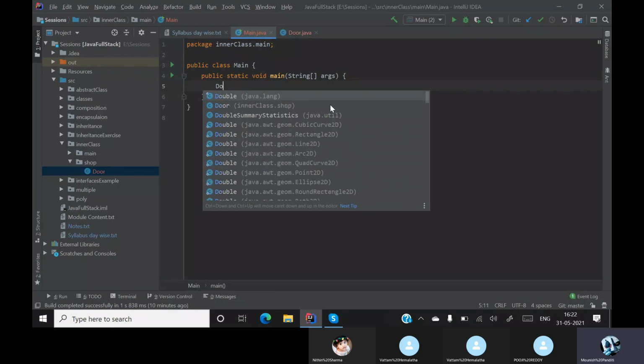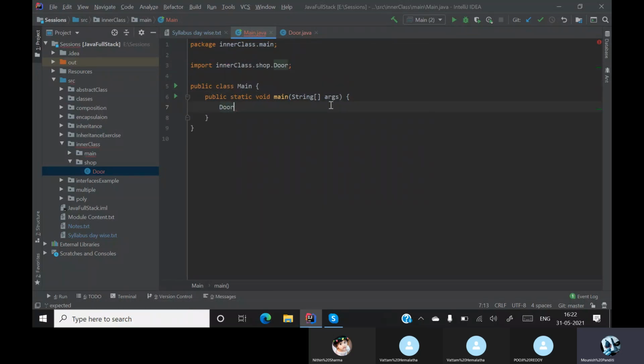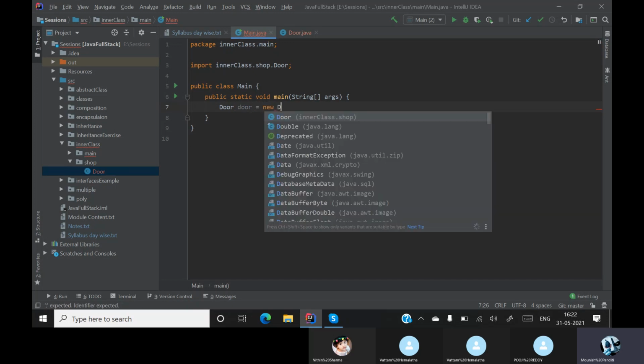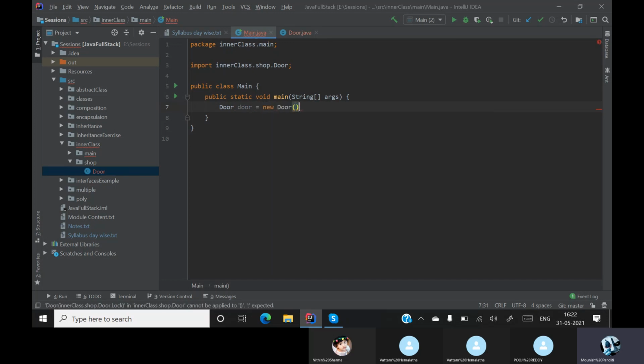Now we'll go back over here. We'll create an object for my door, which is equal to new door. End of story. Okay. This door, basically I must tell whether the door is open or not at the starting itself. So first I'll say it as true. My lock is true. Done.